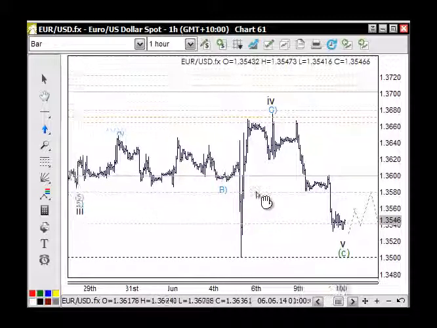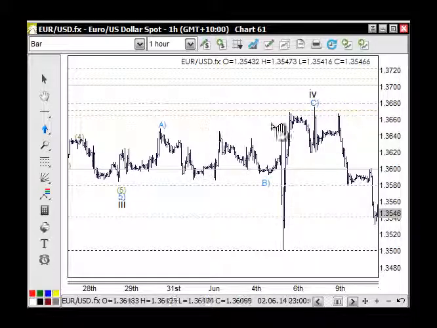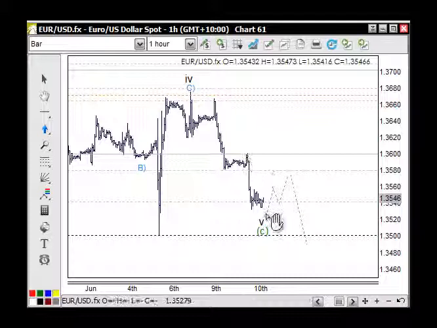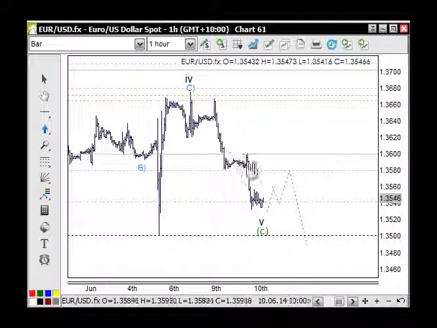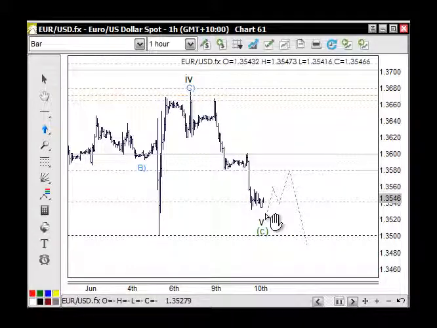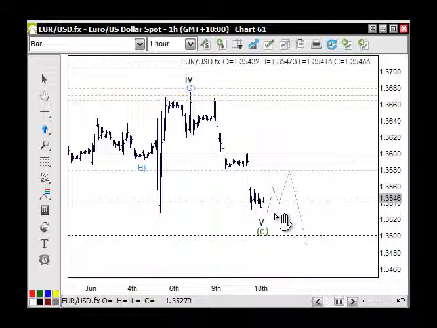So in this case, you can see that I've just ignored the spike, put the wave 4 here rather than over here and called this the low, and then looked at the last 5-wave sequence to come down through here. So with that in mind, we've also got the 5 waves here to make up wave 5 of C here. So we could have a turning point around here. It's a bit of a long shot what I'm talking about here, but look,